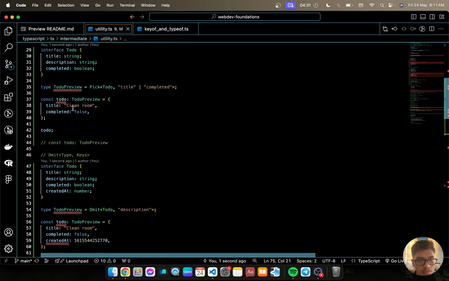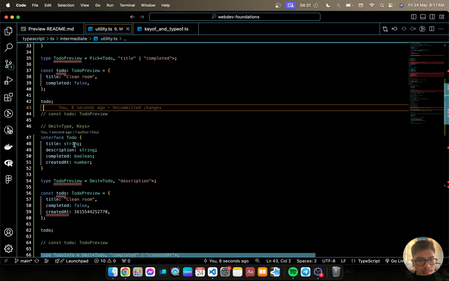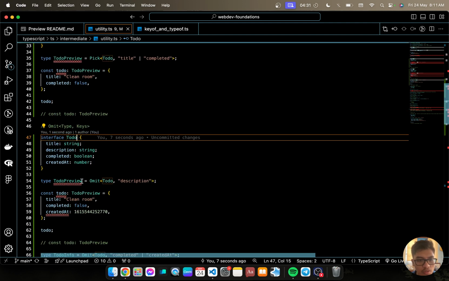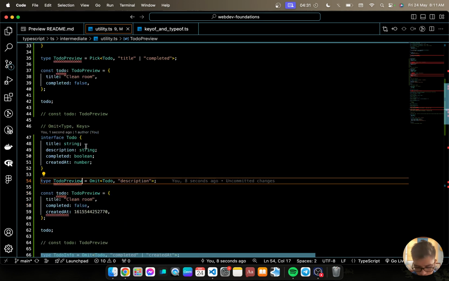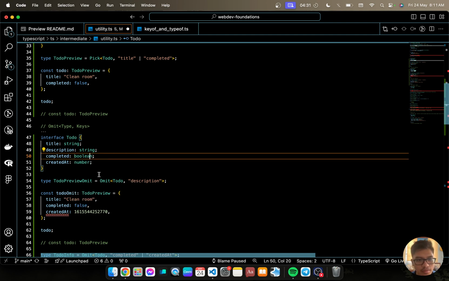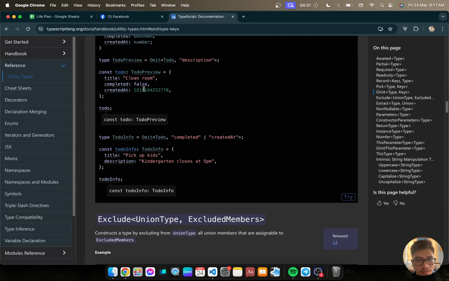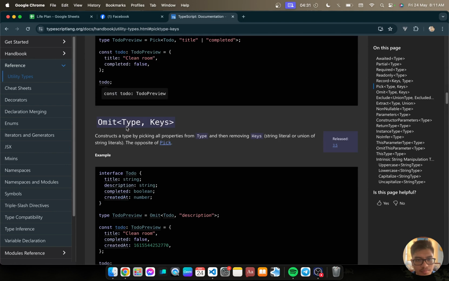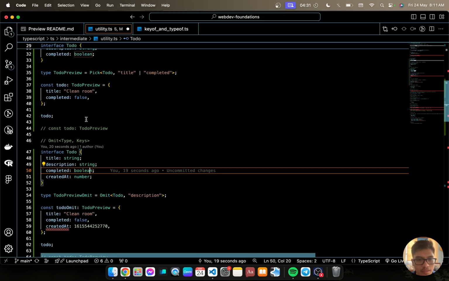Okay, so let's set TodoPreview to TodoPreviewOmit, then TodoOmit.